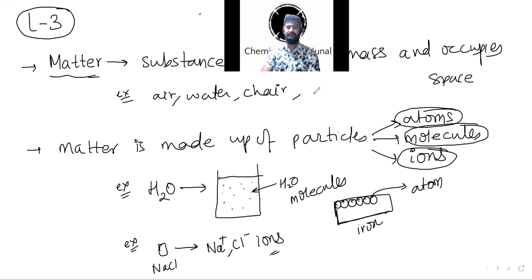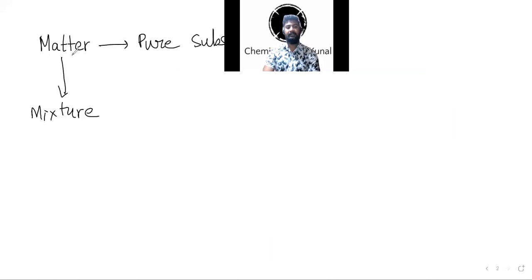As you can see, a substance which has mass and occupies space is matter. Matter is made up of atoms, molecules, ions. Now, matter can be of two types: pure substance and mixture. Pure substance basically means